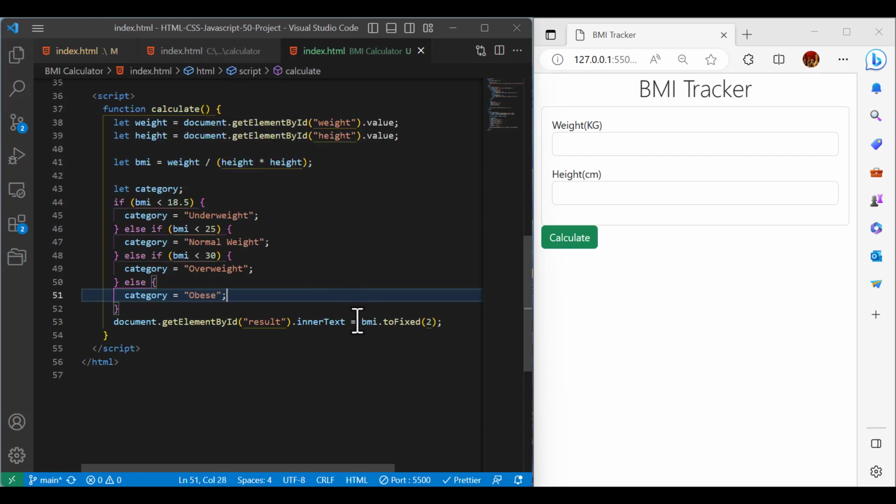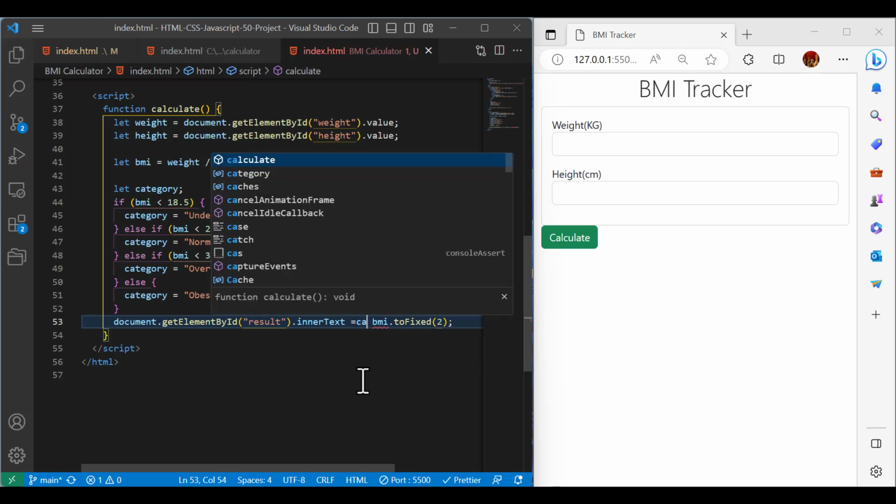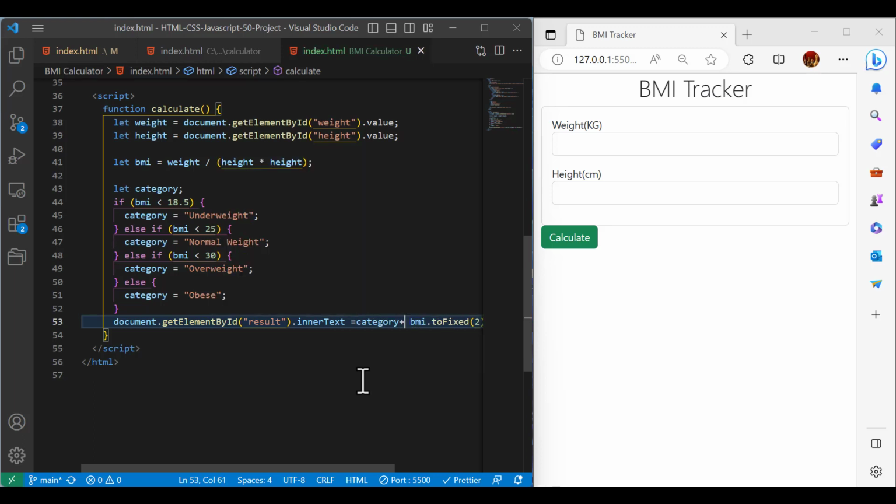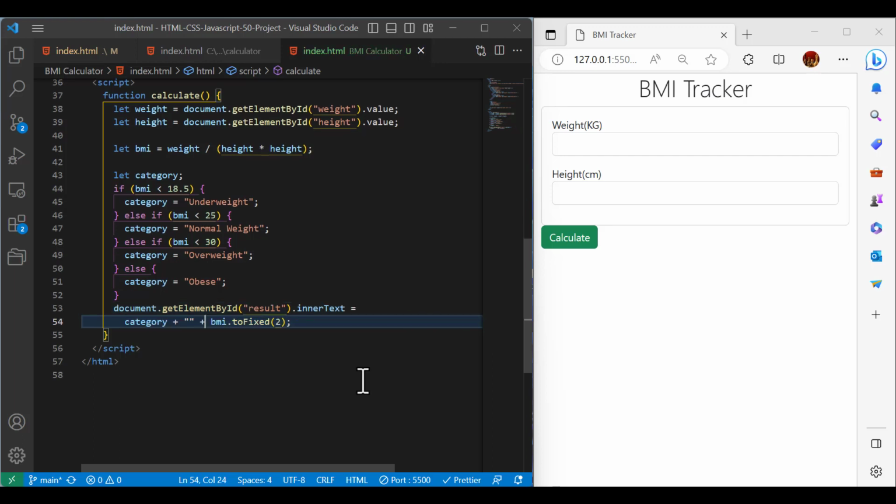Our category is set. Now let's add it in here. Let's display category with BMI like this. Okay, now if I type in here 1, 2, 3, the weight is 123,